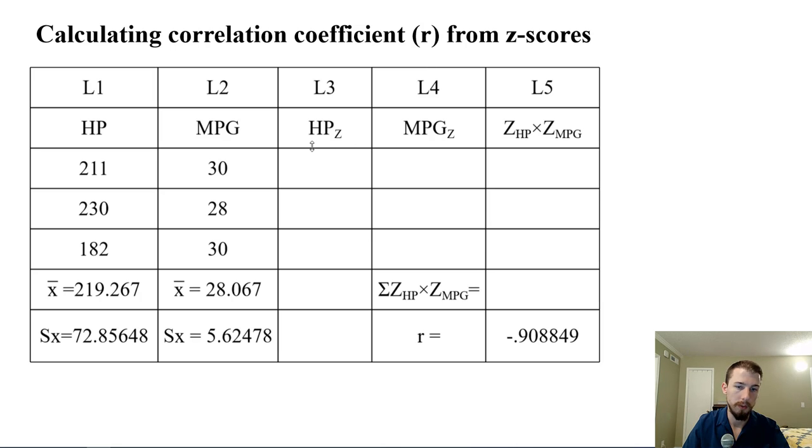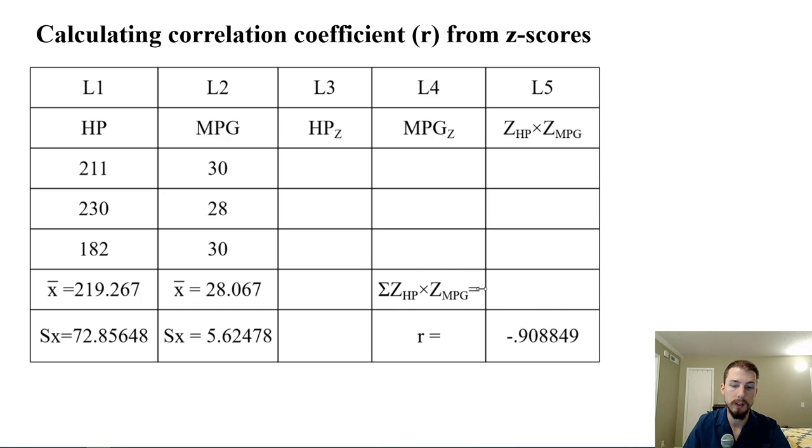It was kind of fun, but we found the z-scores for horsepower by doing the list 1 minus the mean, which was this value here, divided by the standard deviation, which is this value, and then that filled in list 3. Same thing with list 4. We did list 2, miles per gallon, the observation minus the mean, which was given by the two variable stats, or one variable stats, either way, divided by standard deviation, which gave us list 4. Then we took the product of the z-scores, which was list 3 times list 4, that filled out list 5,